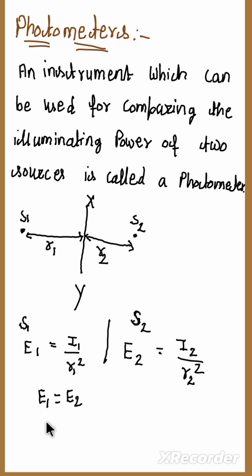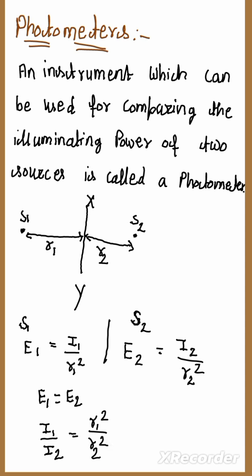So from here we get I1 divided by R1 square. सेपरेट कर लेंगे हम इंटेंसिटी को एक साइड एंड डिस्टेंस को एक साइड, सो I1/I2 और हियर R1 होल स्क्वायर डिवाइड बाय R2 होल स्क्वायर।